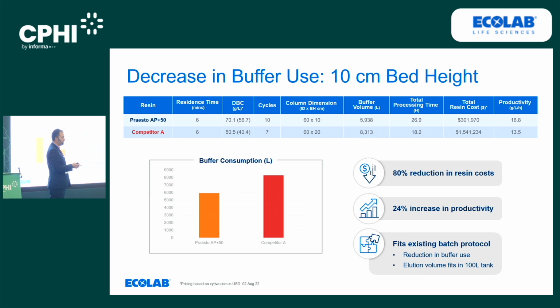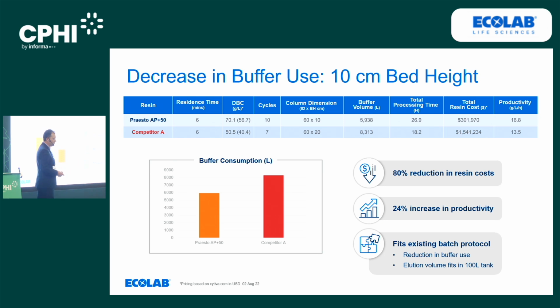As you can see here, we're having exactly the same processing time, no changes there, but focus on the total resin cost. Okay, we're dropping the cost here about 80% only by reducing. So obviously we need to start from the least price of the resin. That gives you a hint about how much you can manage your process cost here. But then, as I said, we're dropping the column volume by half, so we're having a very good cost savings